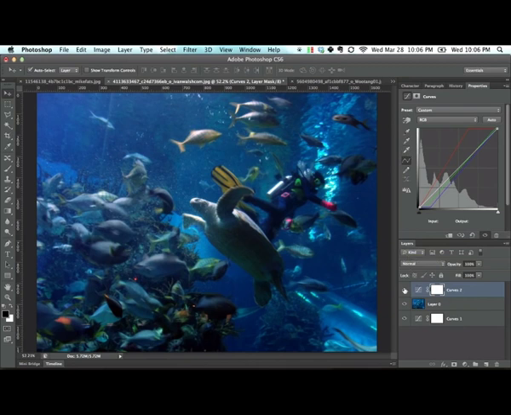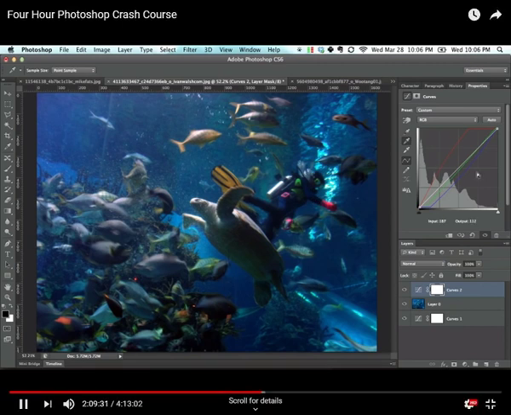Now, if you finish using these 3 eyedroppers and you're not completely happy with it, so let me actually affect what I think the midpoint is. There we go. That's much better right there. If you're not happy with it, and if curves is seeming a little bit too confusing for you, and you know what? It is the most advanced tool you'll find in color correction in Photoshop. If it's seeming a